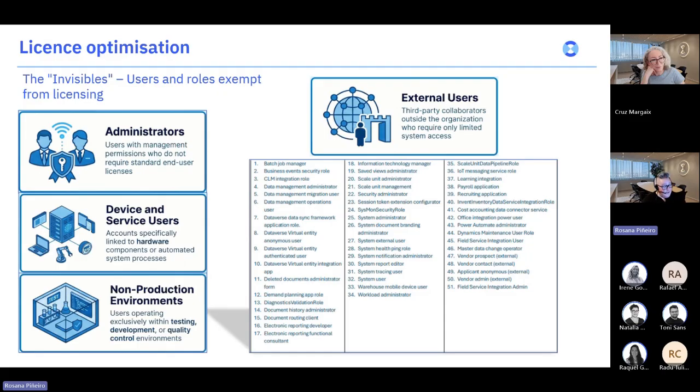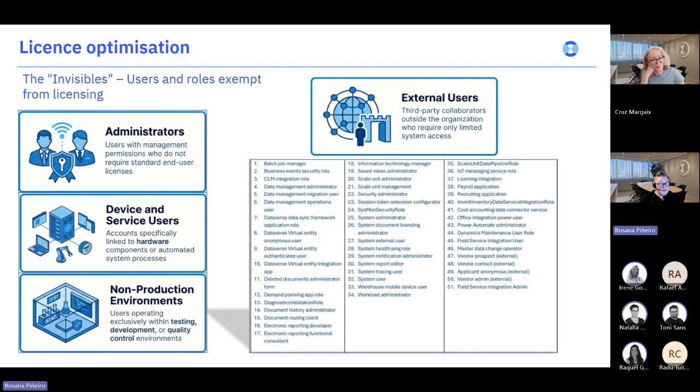Devices and service users are also exempt from licensing, as well as external users, collaborators with third parties who do not perform any business processes. They're not included in the licenses, but if any of those collaborators do actually touch business processes, they will have to be considered more as internal users.